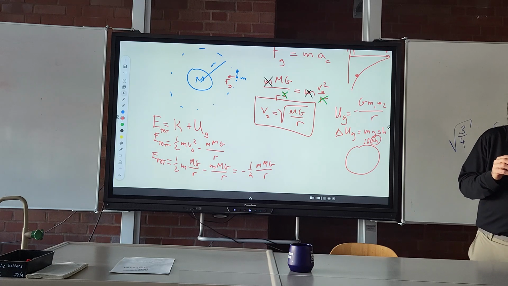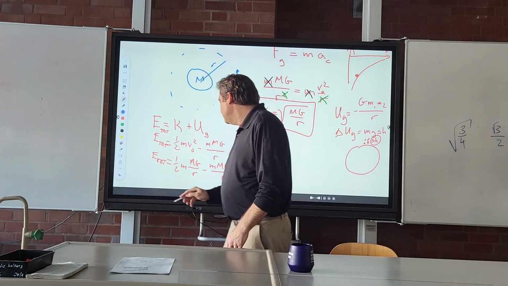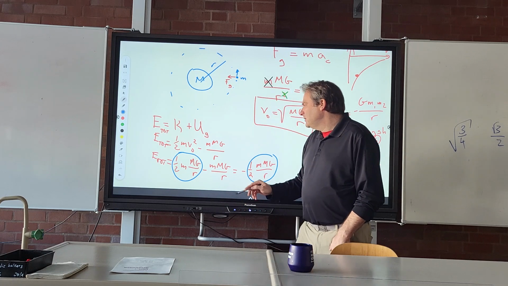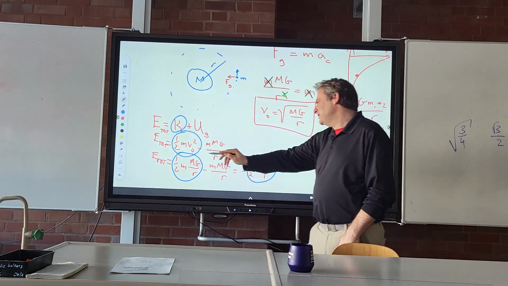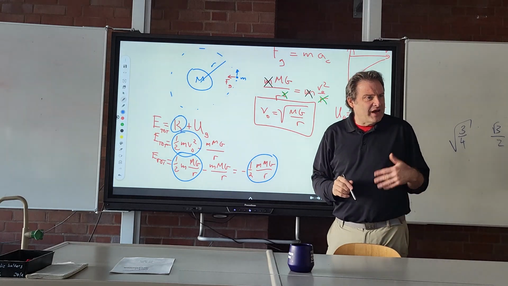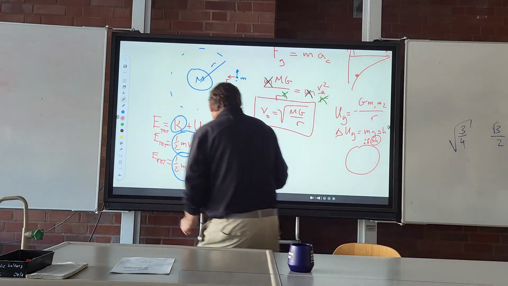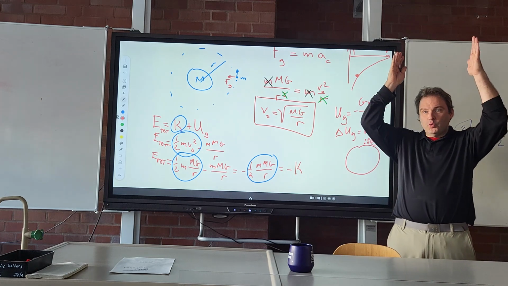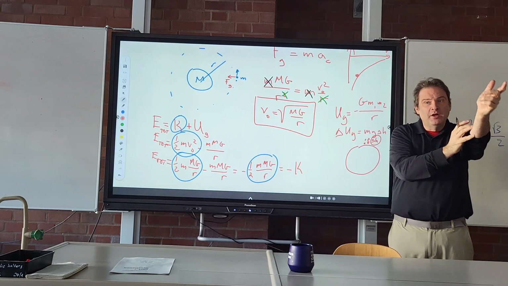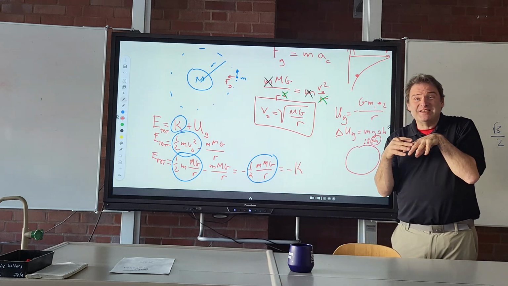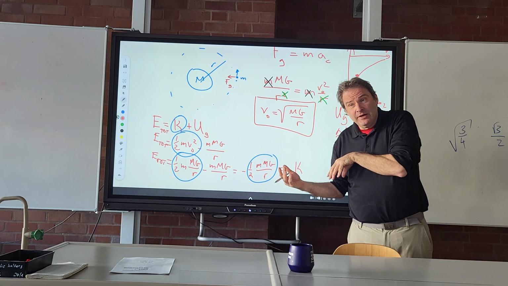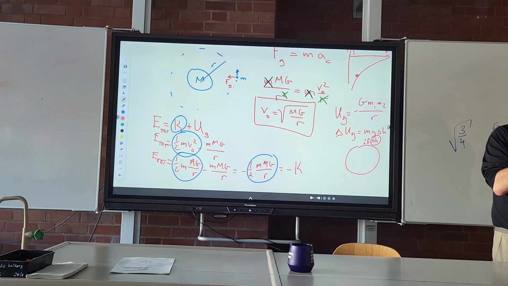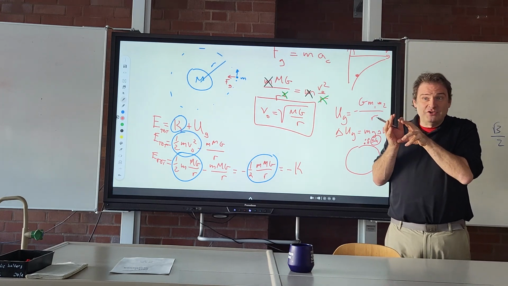And of course, I don't know if you noticed that, and that's one of the reasons why this is super geeky. Well, that's negative this. Well, that's that. Well, that was that. Well, that's just this. So the total energy that an object in orbit has is actually equal to minus k. I know that kind of blows your mind, but it has kinetic energy. It also has negative gravitational potential energy, right? And the negative gravitational potential energy is equal to,